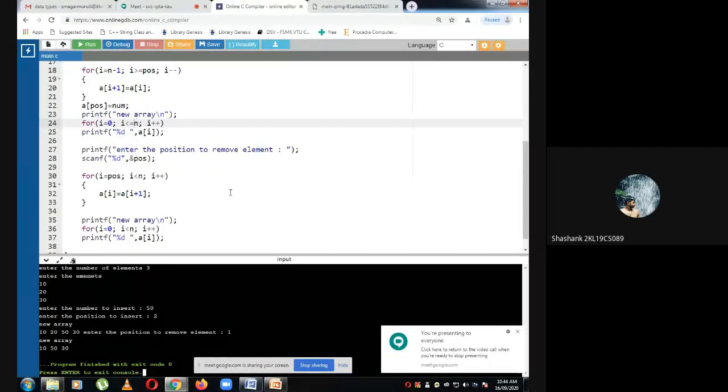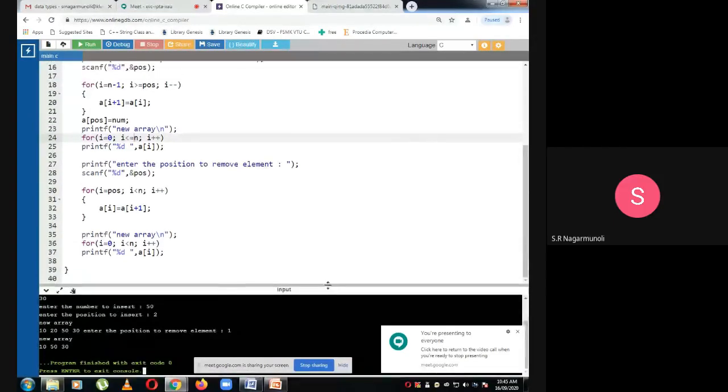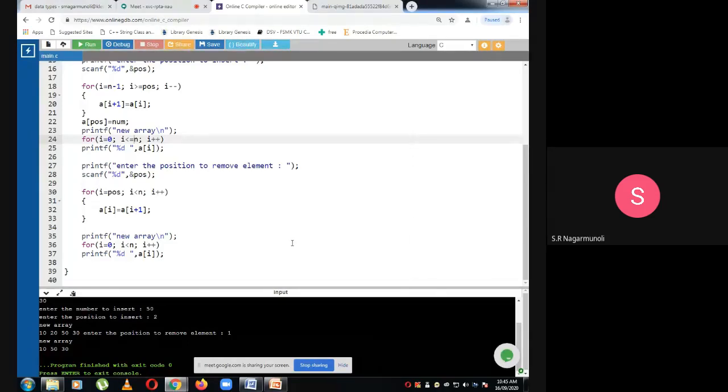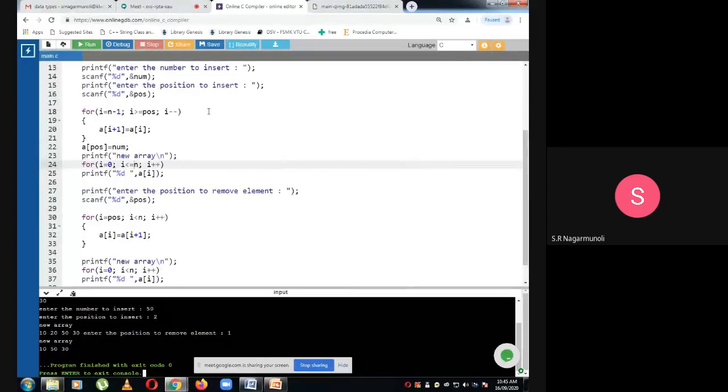Like you took i as n minus one, then a of i plus one on the last, I mean the last, you insert one more element to that array. I didn't understand that properly. You are all seeing the program, right? Tell me the line number where you have the doubt. Line number 18 here. Okay, so this is to insert.